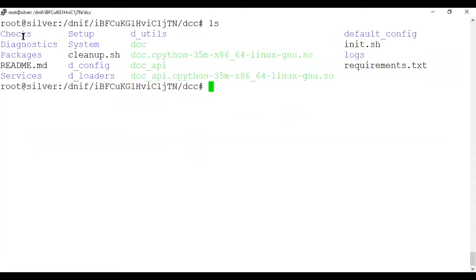What you need to do is, can you see a file called init.sh? This is for loading all the libraries and packages to run or get inside the DCC environment. What you provide is source init.sh, and you don't have to worry, these steps are provided on the website. If you are referring later for study or preparation, you will have all the links with you. These will be uploaded onto YouTube as well.